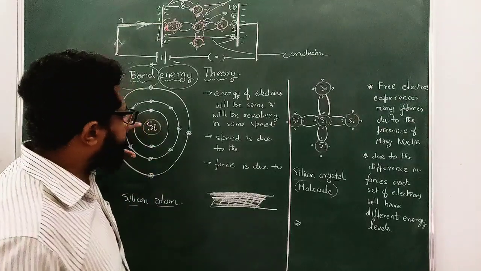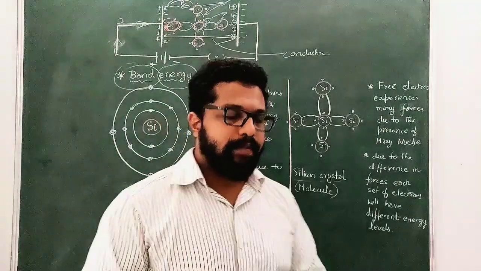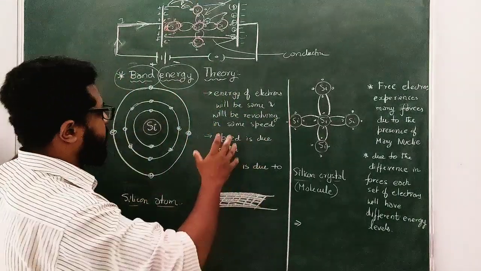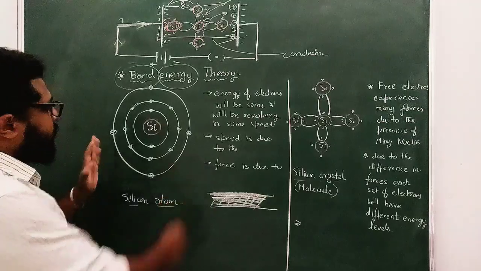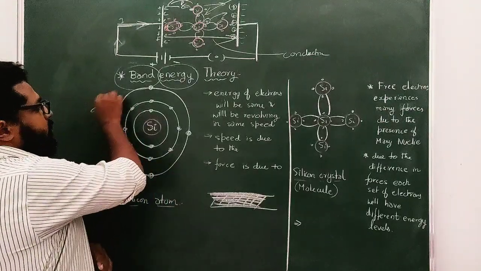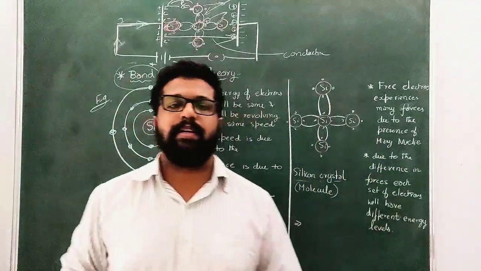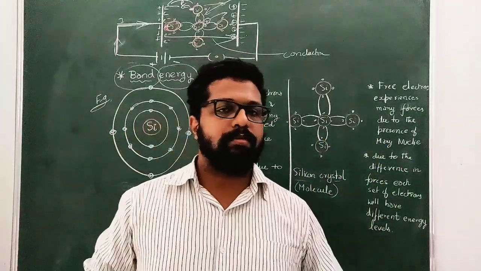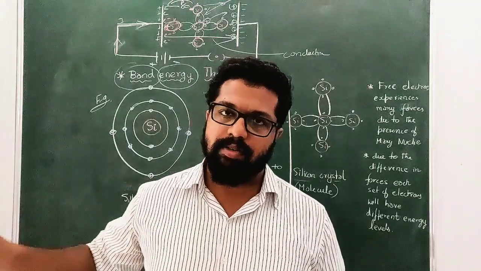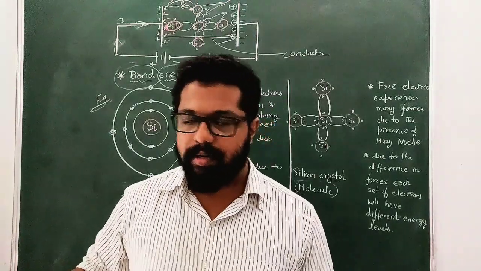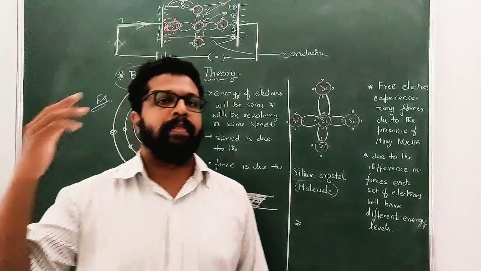So starting with the topic in detail, getting into the subject completely. The first thing we need to know about band energy theory is a silicon atom. I am taking it as an example throughout this explanation. It's not necessary for you to learn only silicon. It can be anything. Mainly this chapter is based on semiconductor electronics, semiconductors. So I am taking silicon, which is a very good example of a semiconductor.